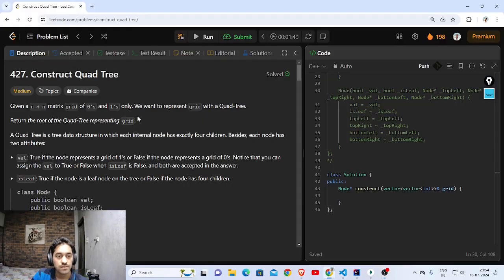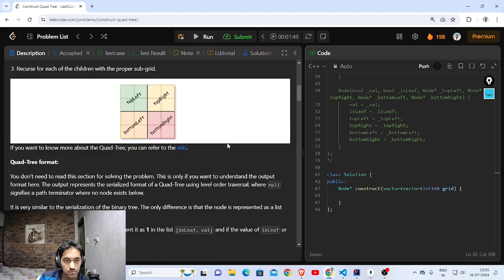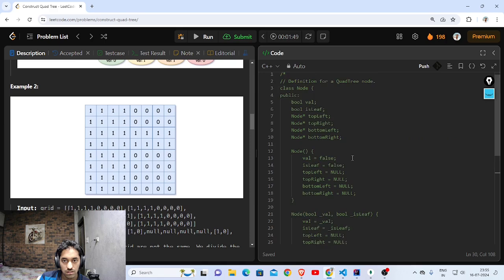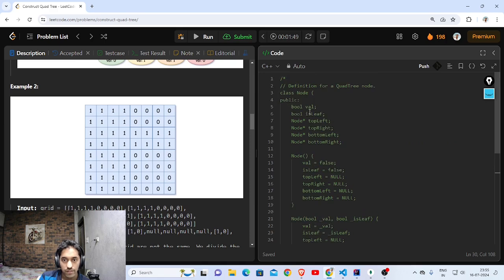Hi guys, today we are going to look at this problem called construct quad tree. The description is very confusing, but let's see the example. So we are given a structure, a class where we have a value, is leaf, a top left, a top right, bottom left, bottom right. These are the four pointers which are called the four children of this node, and its value is